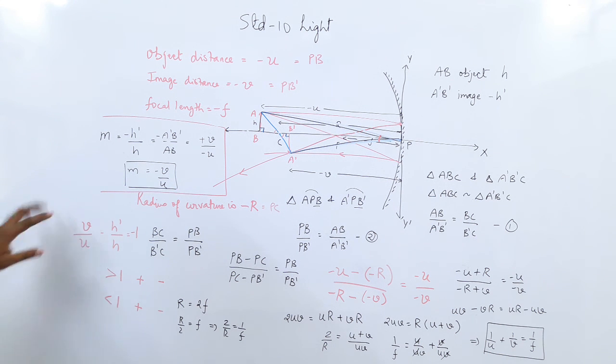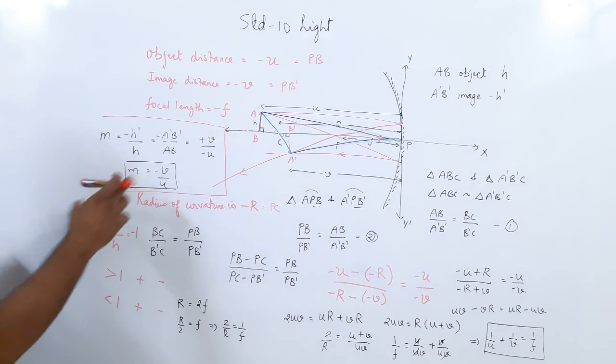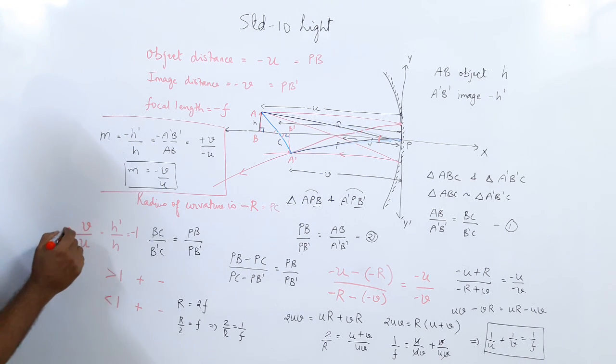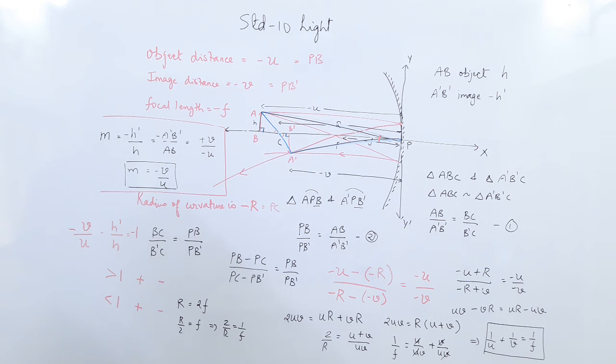So for a lens formula, what do we have? Not the mirror formula, the magnification is minus v upon u. So you have to do this. Greater than 1 means magnified. Positive means virtual and erect. Negative means real and inverted. Less than 1 means diminished. But positive means virtual and erect, negative means real and inverted. So now we are going to make use of this formula and try to solve a few sums.